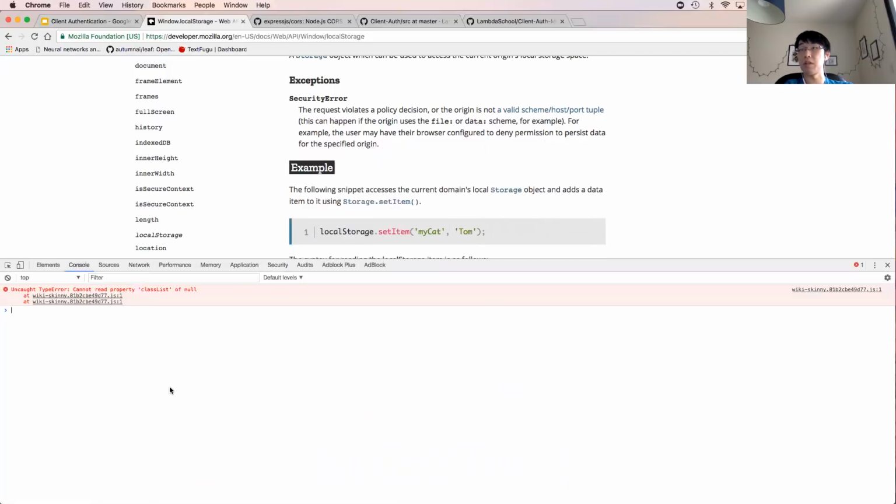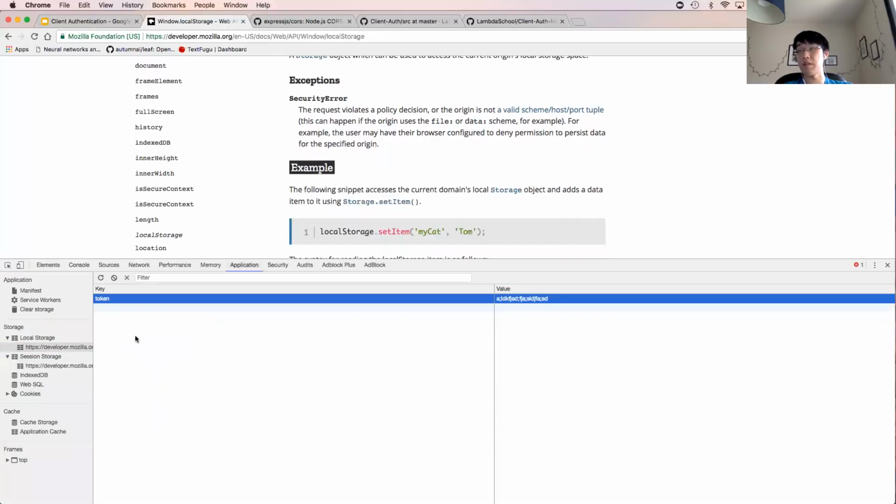And so we can go to the console and play around with our local storage, right? So here we're saying setItem called token to be some arbitrary string, enter, and then inside of Application here, we'll see token is now available, and the value is right here inside of local storage